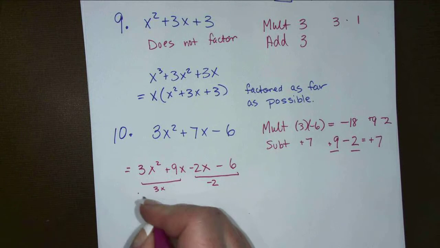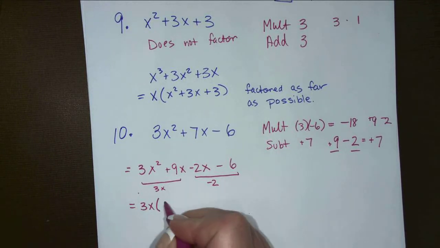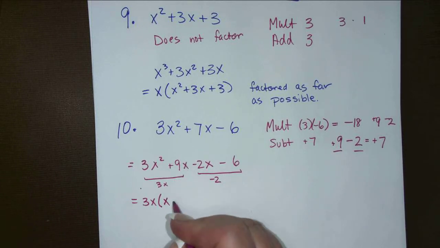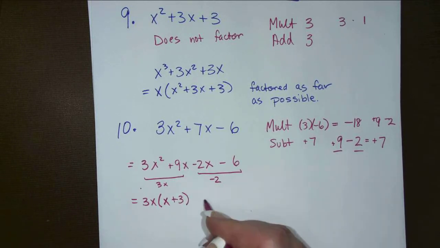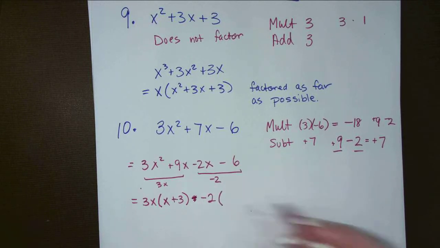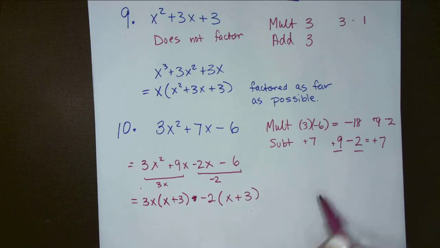All right, so if we factor out a 3x, we're left with an x plus 3, plus, or minus 2, sorry, minus 2, factor that out, x plus 3. Now, if you didn't take the negative, what you would have is minus x minus 3, and